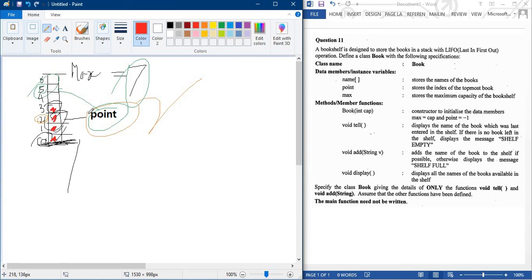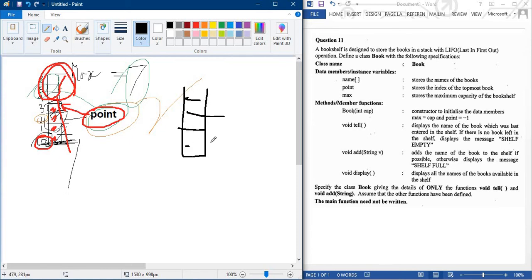So what do you mean? The point position over here. So we don't need to print any value for those present over here. We start printing from the point position to 0 position. Okay, only this much we print. Suppose this is the array having several values. Your point position is over here, see the color. So this is the point position. We print from this position to last, meaning point position to 0.